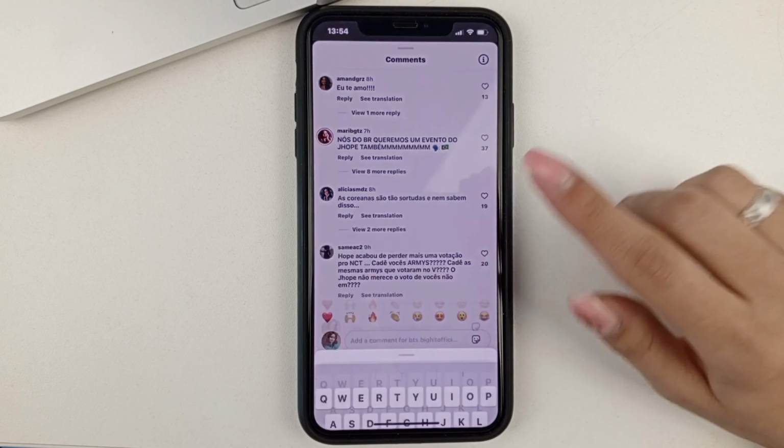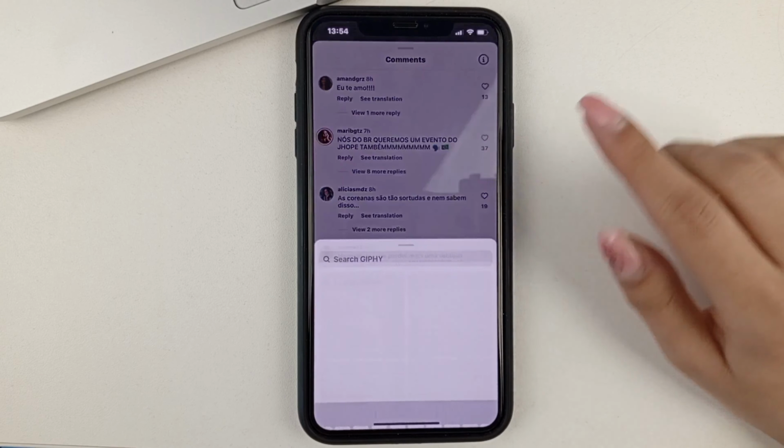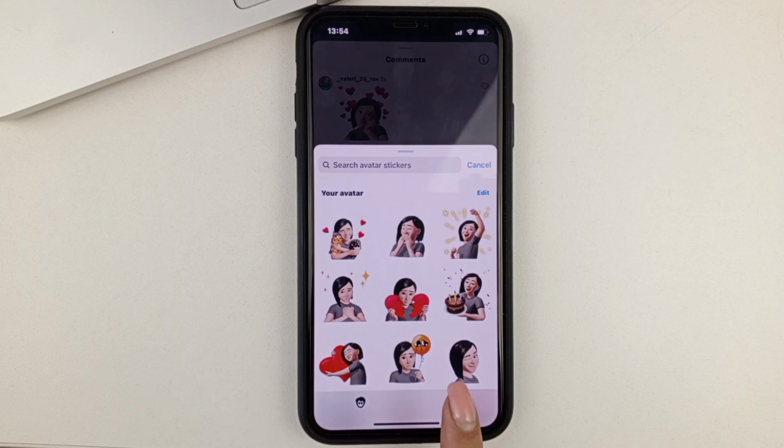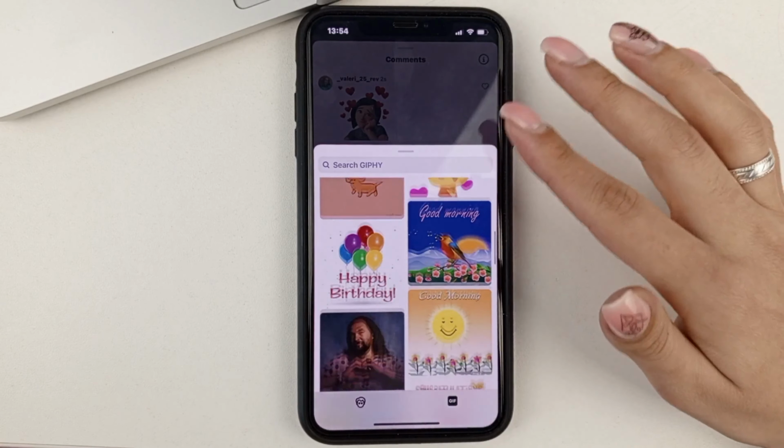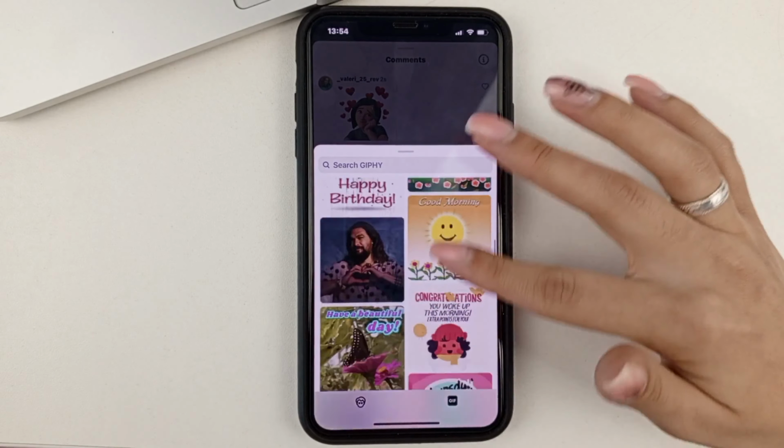If we click on that, we'll have a choice at the bottom. We can either leave comments in the form of our Instagram emoji, and we can choose one of those. For example, or we can choose a GIF. There's a very large number of them here, and you can choose absolutely any one that you like.